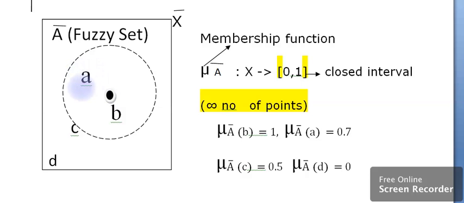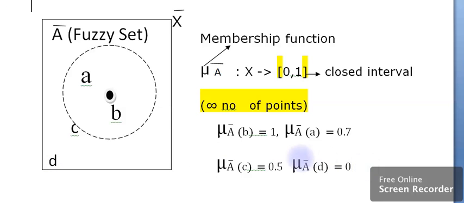Whereas A is nearer to the center, so I am assigning 0.7. Whereas C is on the circle, so I am giving the value 0.5 here, right? So what about D? Yes, it is totally outside of the circle, so I am giving the value 0 here.